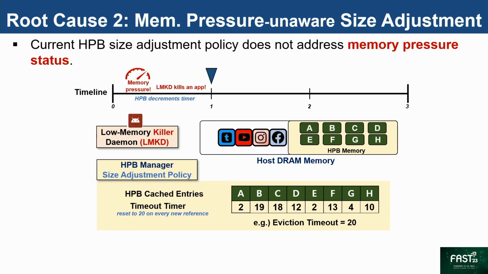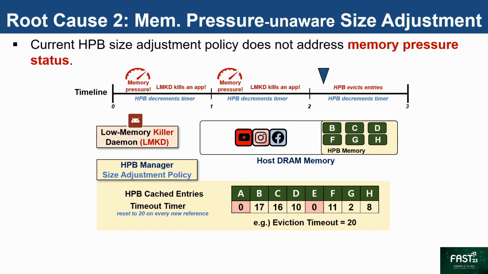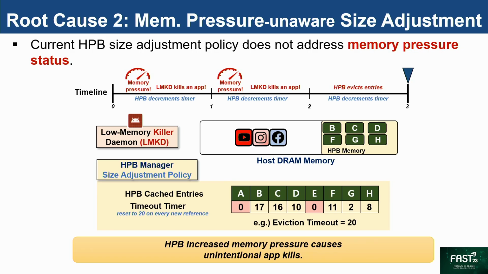At the next second, memory pressure still exists and LMKD again kills an app, while none of the HPB cached entries are evicted because its condition is still not satisfied. And at the last second, the system is no longer suffering from memory pressure, but the HPB manager finally gets to evict entries of A and E as they are not referenced for 20 seconds. And its eviction is not beneficial to the system, while it even sacrifices further cache hit ratios. Therefore, the HPB increased memory pressure causes unintentional app kills, which is not desirable for the system to provide high-quality